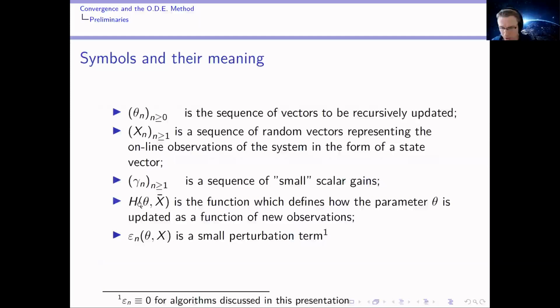Now capital H is the general form of the correction term, and it has a Markov property in the sense that it depends on previous parameters and the current state. Embodiments of H will depend in part on the notion of search in the adaptive algorithm, that is, whether we're using gradient descent or a Newtonian method. Discussion of the perturbation term is beyond the scope of this talk, but not to diminish its importance, we'll conveniently ignore it for the remainder of this presentation.